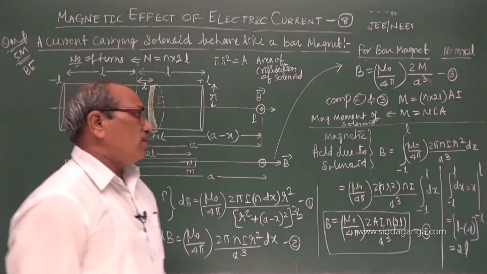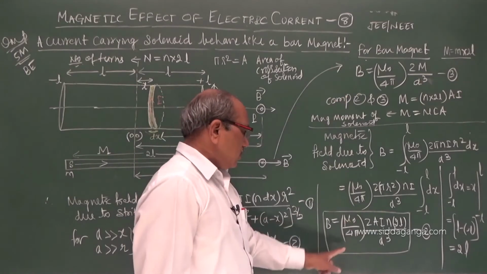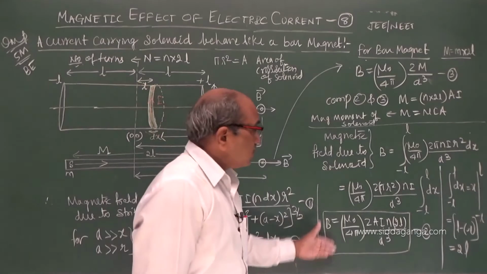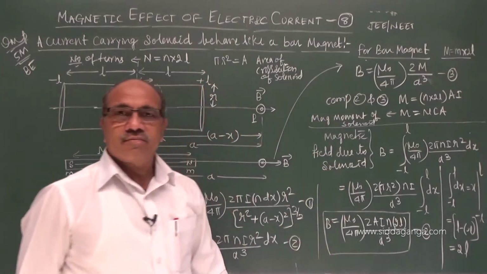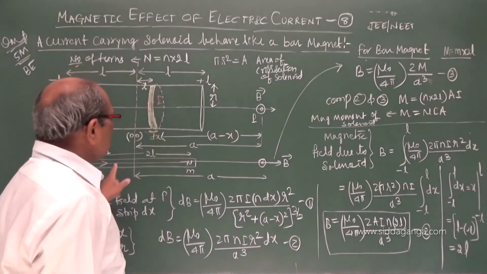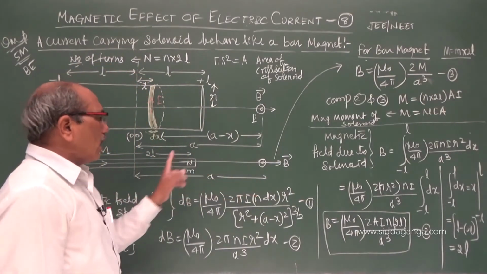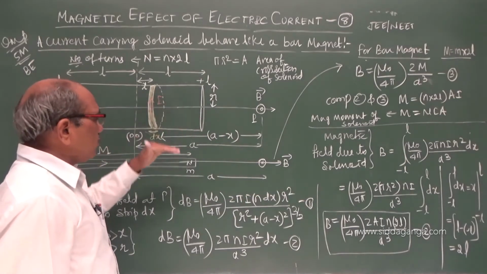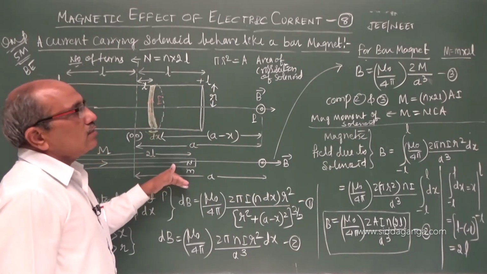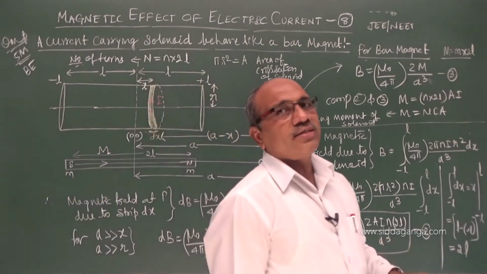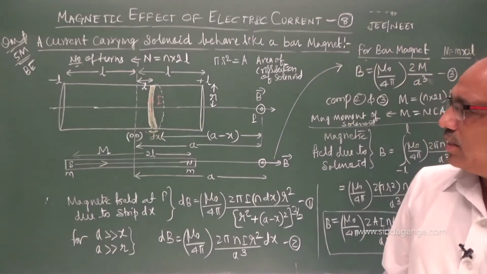So when you see the B equations 2 and 3, mathematically we see there is a large resemblance and it satisfies that the field produced by a bar magnet along the axis at a distance is almost the same as the solenoid's. This says a current carrying solenoid behaves as a bar magnet. That's the conclusion part.